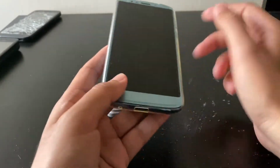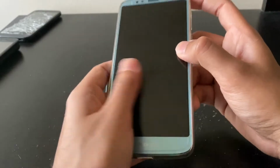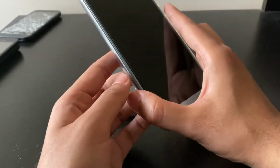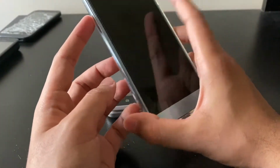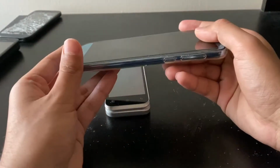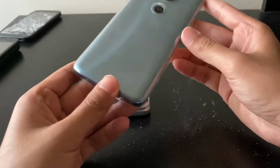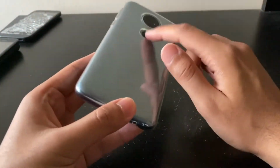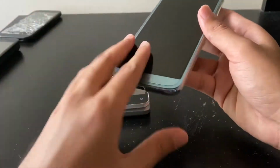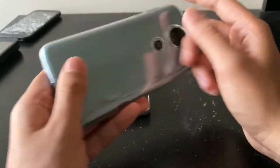I call people with it, play games, Android games. You play Pokemon Go. This is my go-to secondary phone. I use it to talk to my girlfriend at night as well, when this phone is on charge. So really helpful phone. Got it for like $10 and repaired it for like $15. It's got Android 8.1, so really up to date. It's got a fingerprint scanner. Crappy camera, but I feel like the camera was